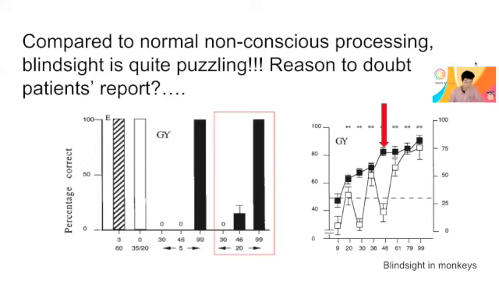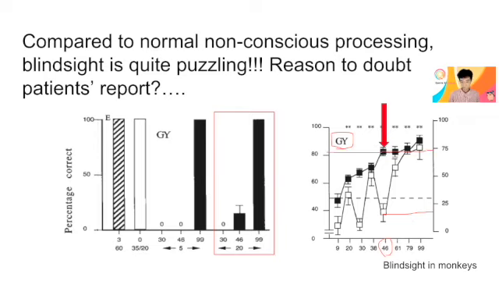If you focus on this red arrow part, the participant GY, a blindsight patient, upon seeing 46% really high contrast stimuli, said that roughly 20% of the time he did not see anything. So he denied seeing things. However, roughly 80%